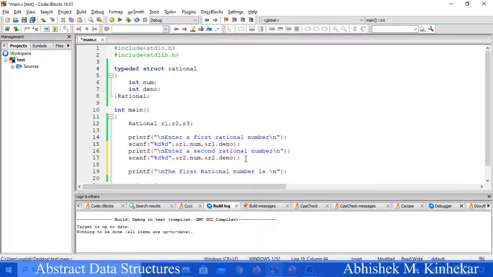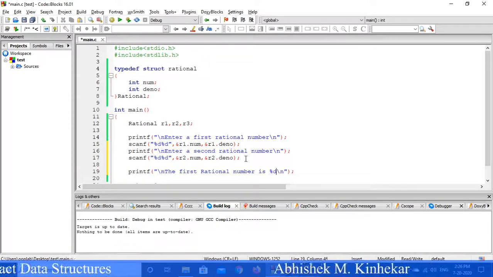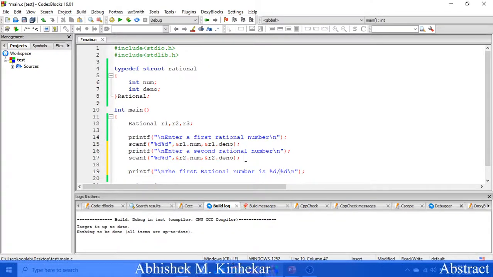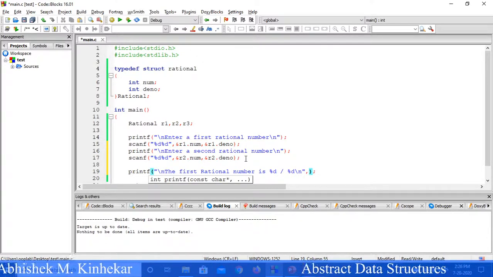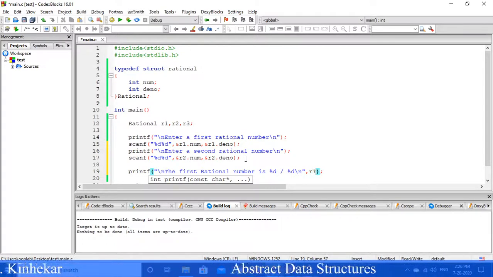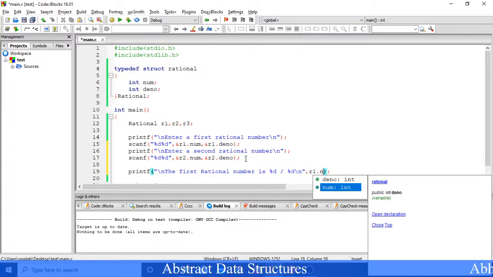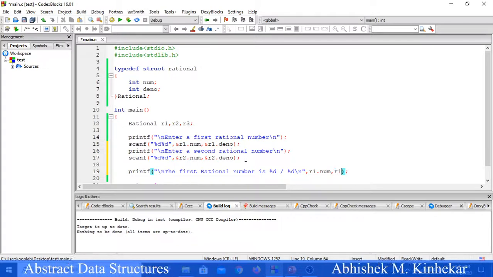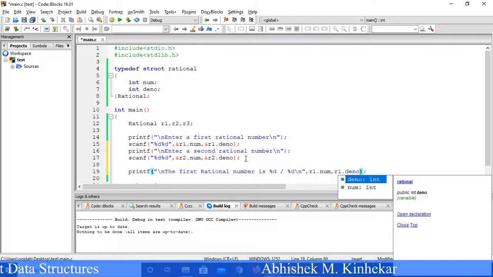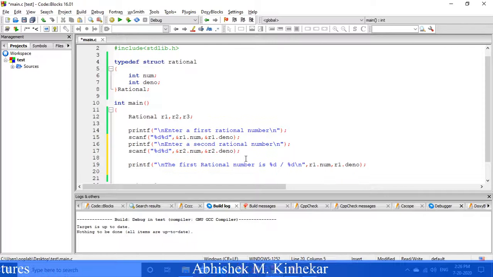So how are rational numbers printed? Some number separated by a slash from another number, correct? So I am using this format, and what should come in place of the first %d? R1 dot numerator, and what should come in place of the second %d? R1 dot denominator, correct? Okay.